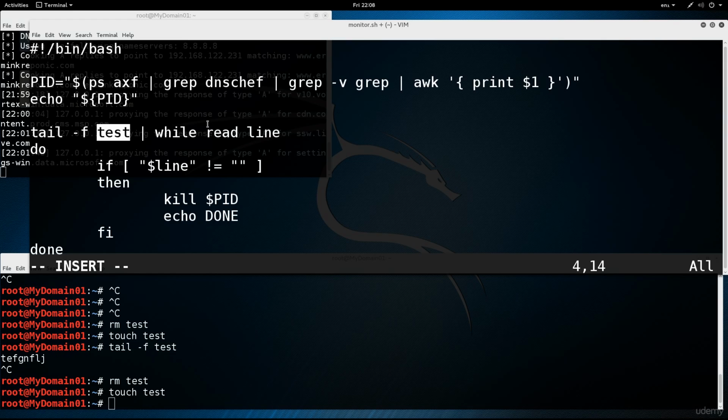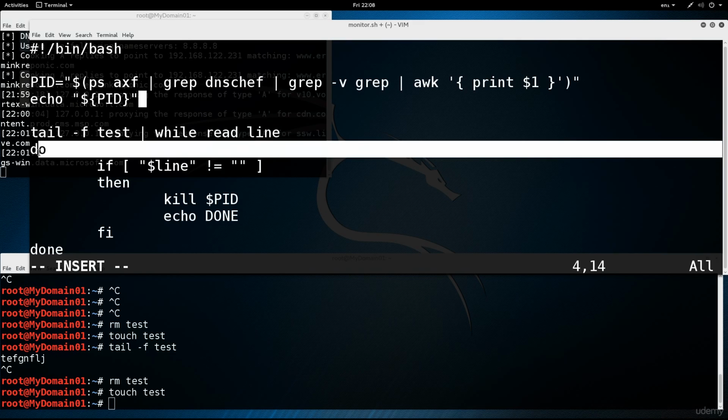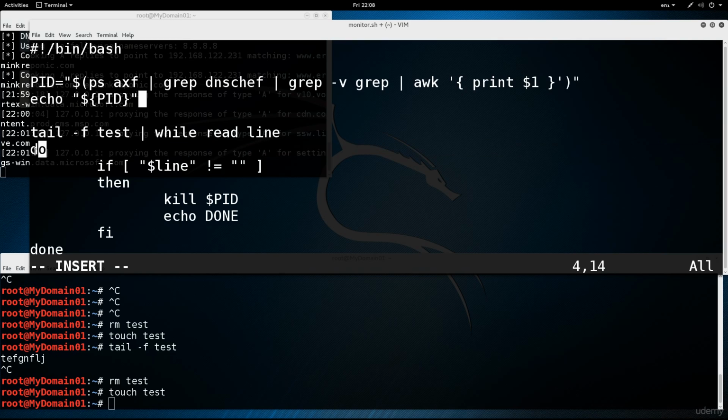We shall change this to credentials.txt. And then we're piping the output of tail with a pipe here into the while loop. So we're going to keep on reading this output, and we're going to be placing it into the variable line. And then this is the loop body, basically just do and done. And within the body of the loop, we have an if statement, which basically states that we're going to take the value of the line, and if line at any point of time becomes populated with something, it will